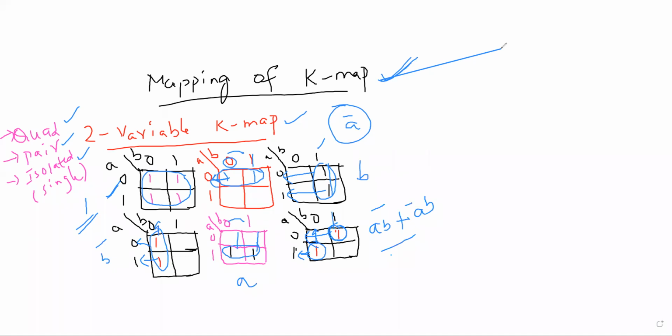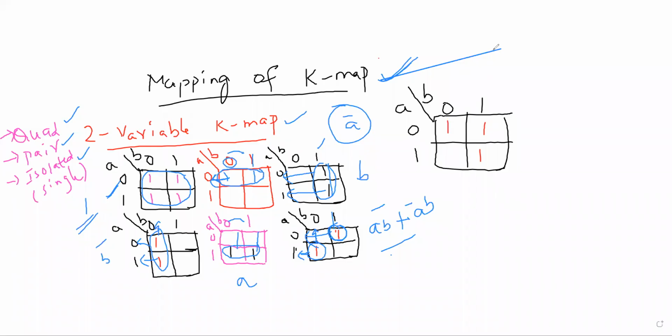Now let us consider a case in this. If you observe this case, here there is no chance of quad, but for this there is a chance of pair like this, and for this there is a chance of pair like this. That means we are having two groups here. For this, what is the output? What is the row? We are having a bar. Then these two are changing from 0 to 1, therefore it is a bar.